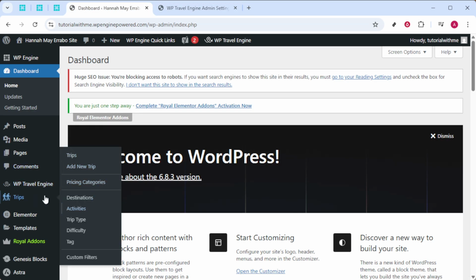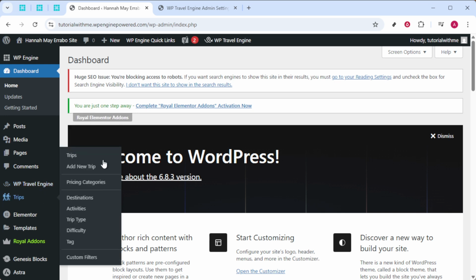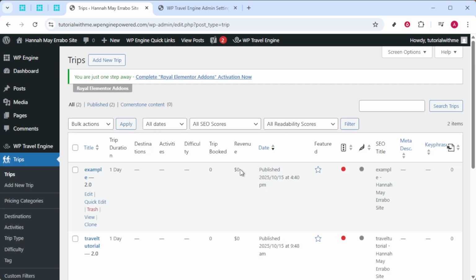This ensures that whenever somebody checks out this trip option on your website, they will see the choice to add a baby seat to their booking. Finish things off by clicking Update to save the changes you just made to the trip. This is another crucial step because it saves the new configuration in your database, making it visible on the front